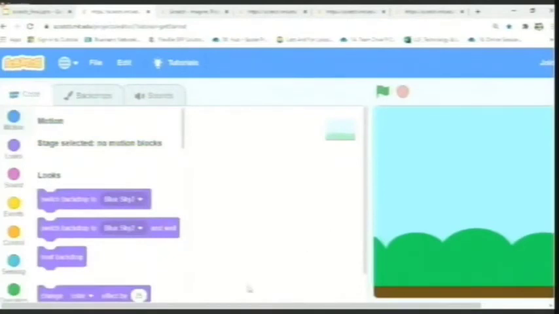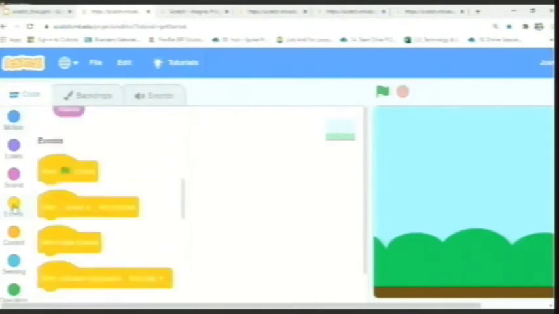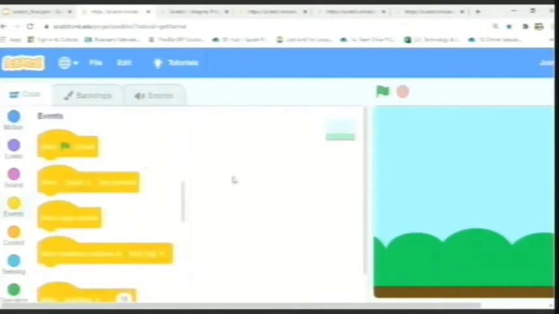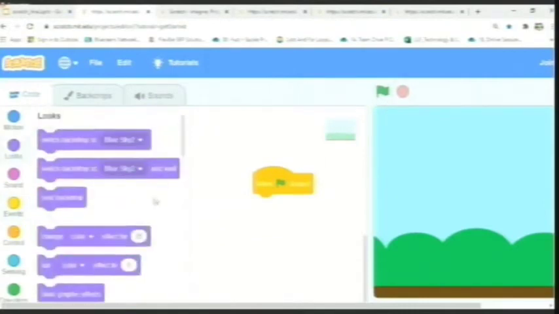In the code area, now we will create a program similar to the one which we created for Abby. So we will go to the events. Now I want my backdrop to start precisely when Abby starts walking. So I will again put a block which is called when the green flag clicked. Now here we are going to learn a new block called next backdrop.